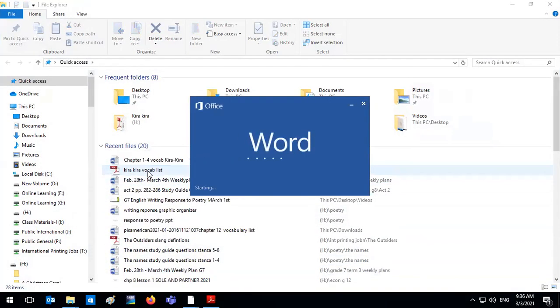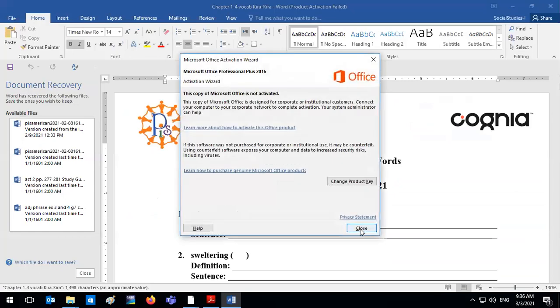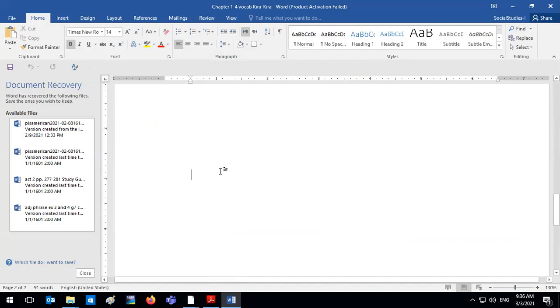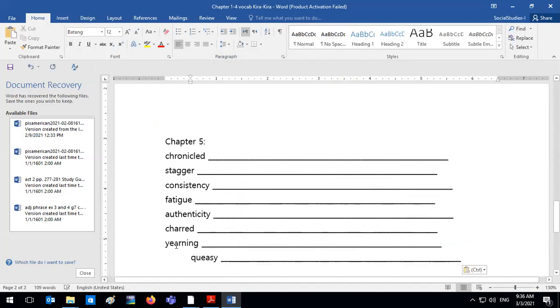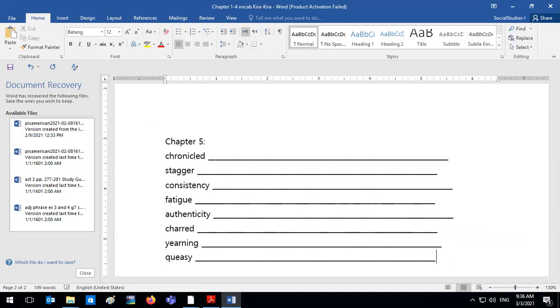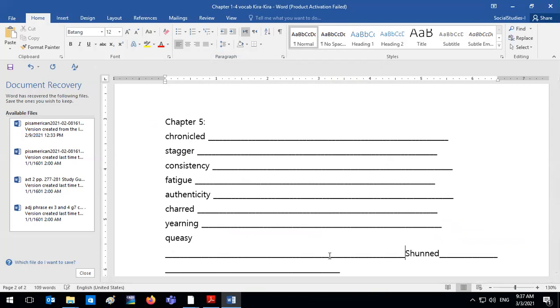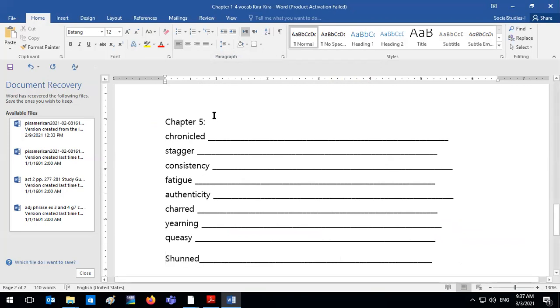If we look here, we added crazy, and I also added the word shunned, which is used in chapter 5 when Katie shunned her sister Lynn. So these are my total of 8 words, and what you have to do is put the definition,